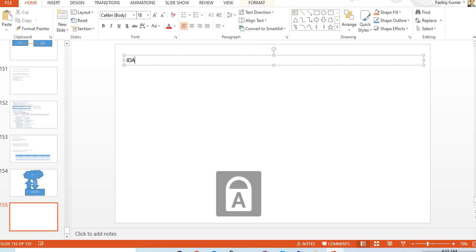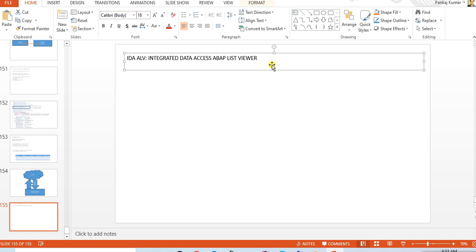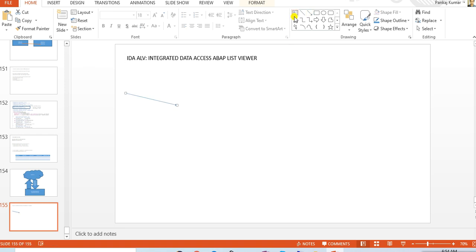IDA ALV. So IDA stands for Integrated Data Access, and ALV, you know already that ALV is nothing but ABAP list viewer, right? ABAP list viewer. So already the ALV concept was there, the traditional concept like reuse ALV grid display, reuse ALV list display, and if you see the journey of ALV, initially, maybe I will note it down over here, that reuse ALV list display